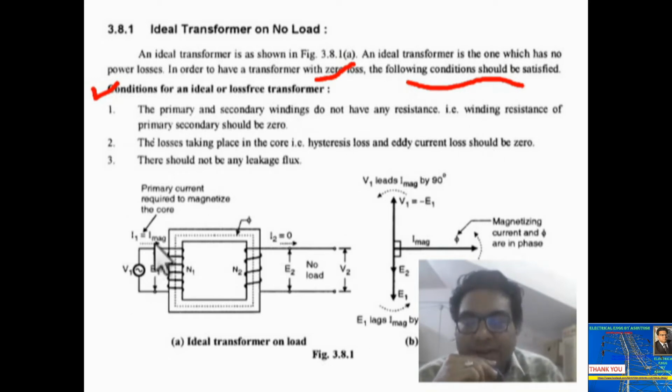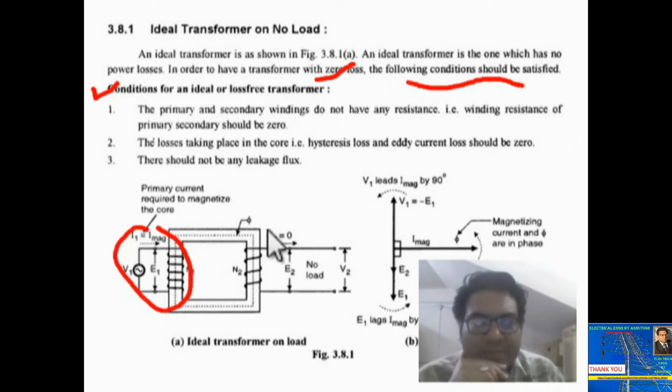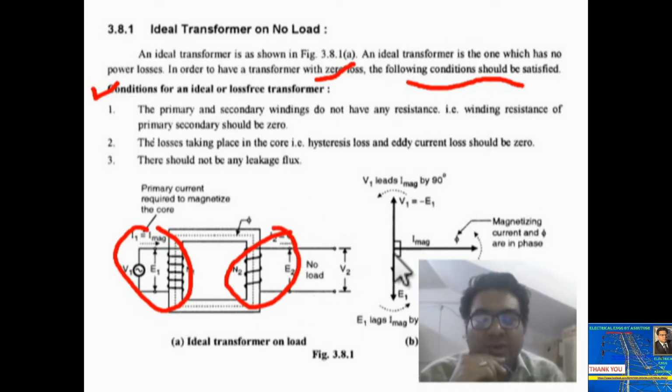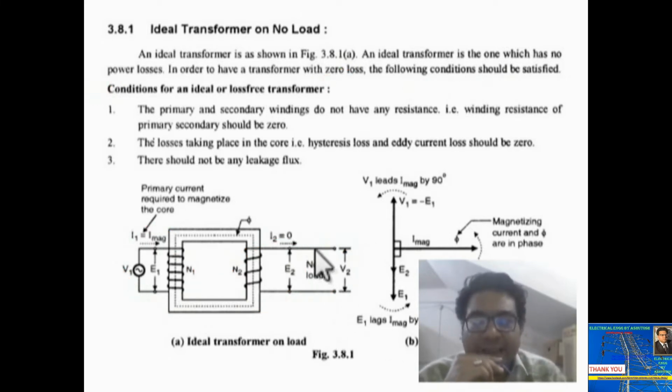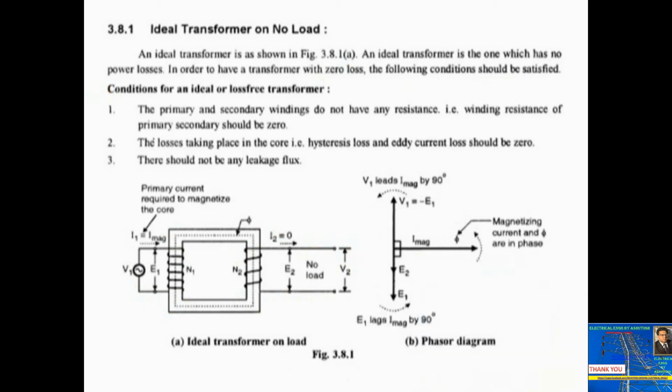This is primary winding, you already know. This is the primary circuit of transformer. This is secondary circuit of transformer, and also this transformer is working at no load. So at the secondary side it is open circuited. So always remember, this is the secondary side which is kept open circuited, and then now at right side you can see the phasor diagram is this. Okay, you can see this is the phasor diagram which will be drawn simultaneously.